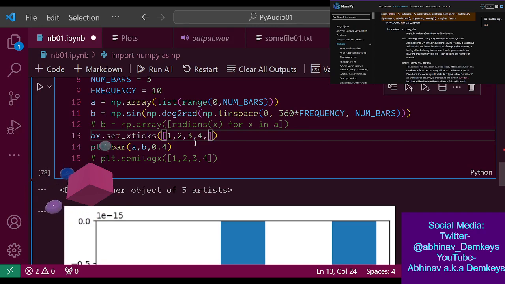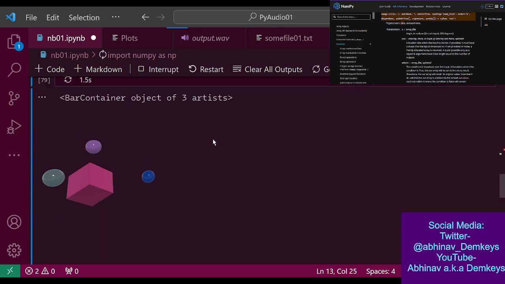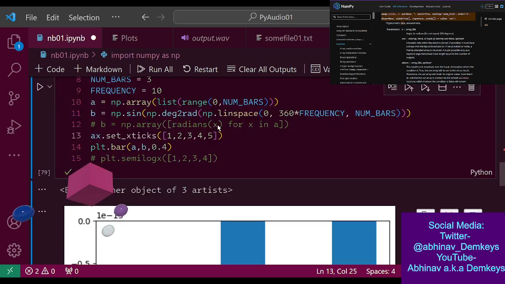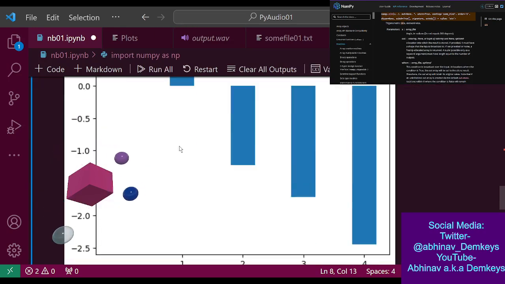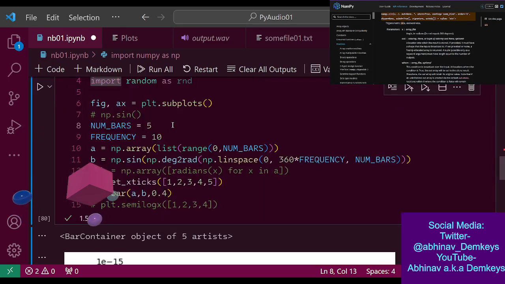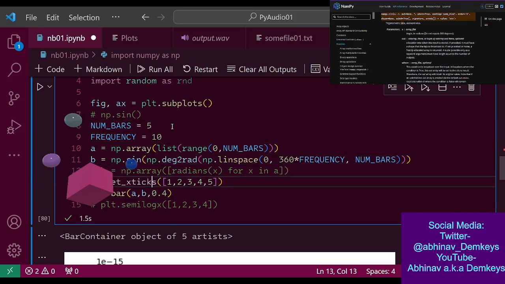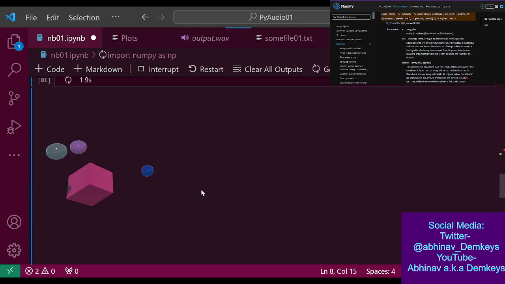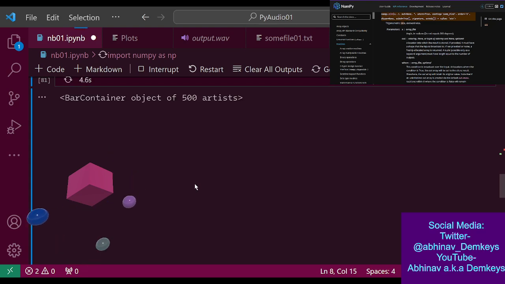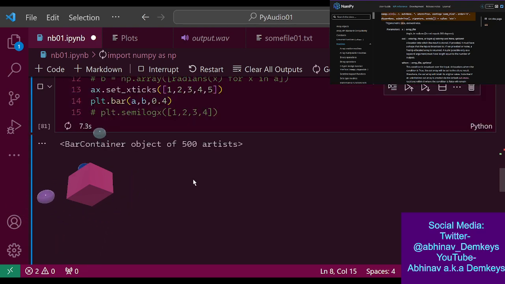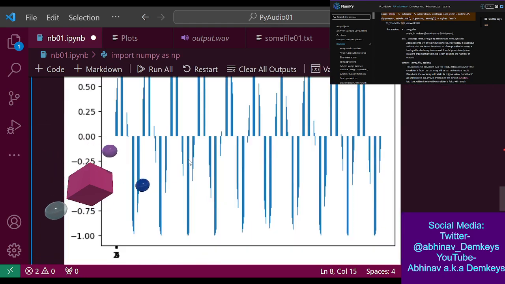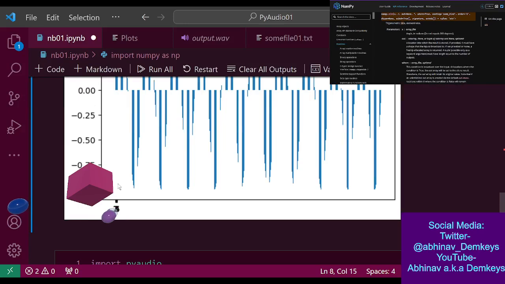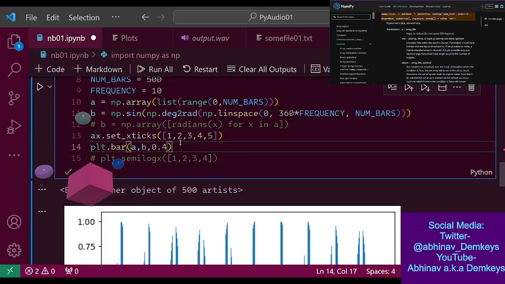Okay, now what if I add more numbers here? And increase this as well. Okay. All right. So let's say I do 500. Okay. And there's our ticks. All right. So let's set the ticks to,